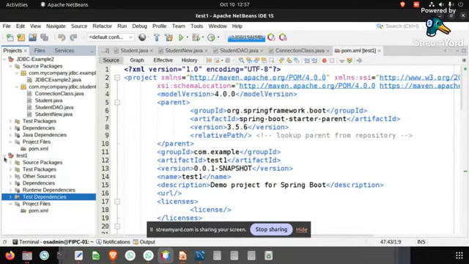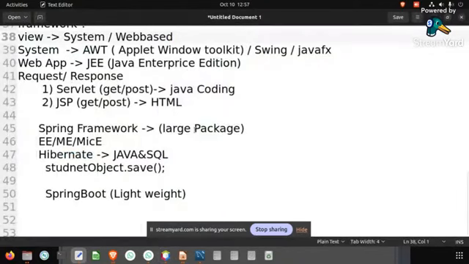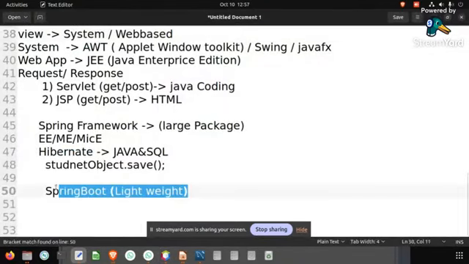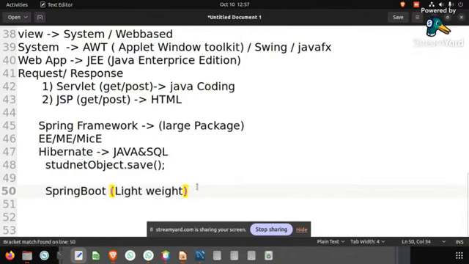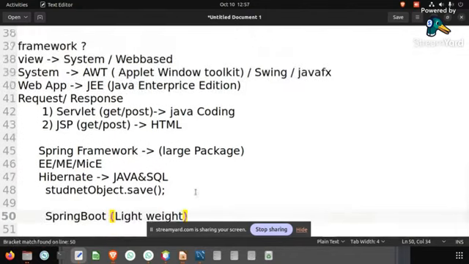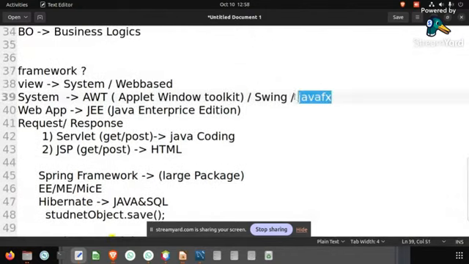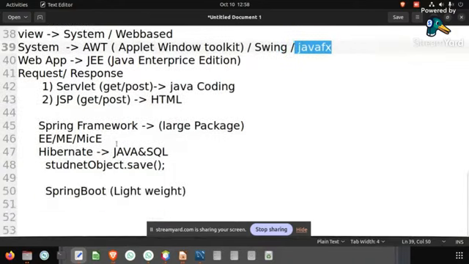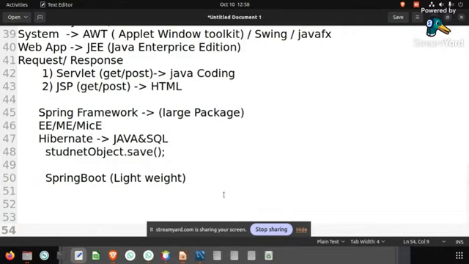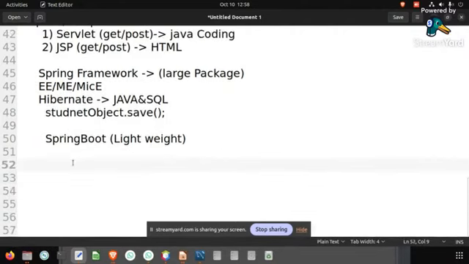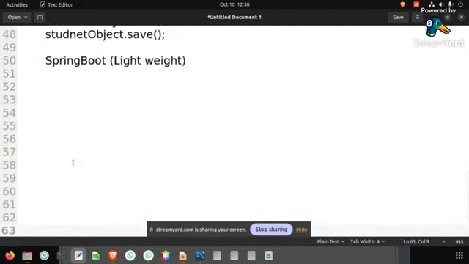Spring Boot framework. In this Spring Boot framework, we are going to learn about creating a web-based application. Later, we'll be seeing JavaFX for system-based applications. So for this Spring Boot application, we are just going to have a few things. Guys, listen, this is very important. So the date is going to be from